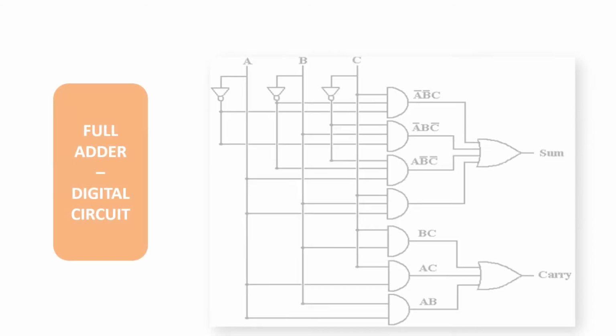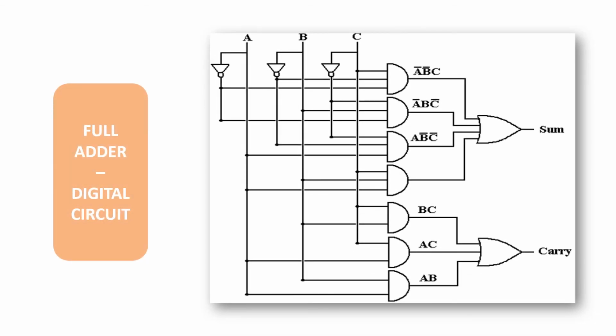Okay, so here we have a digital circuit of full adder from the given truth table. Now you need to learn that you have the truth table. From the truth table, write the expression, and from the expression you can design the digital circuit, right? We have already studied how to design the digital circuit from the expression, and also we have learned in this video how to write the expression from the truth table, right? So we have the truth table. Now develop the expression and then design the digital circuit. So this is the digital circuit for your full adder.